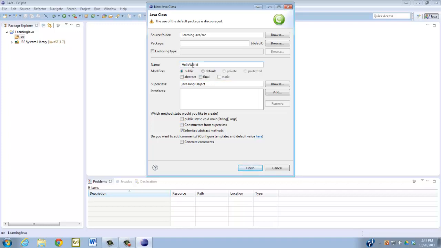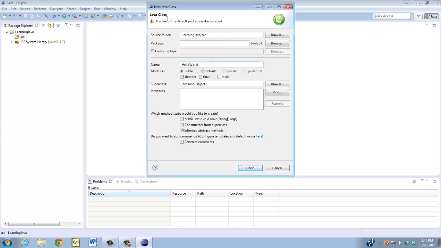Both letters should be capitalized, and there shouldn't be any spaces. This isn't a rule, but it's a convention. And so when you're out in the working world or collaborating with other people, this is how you want to do it. There are certain conventions in programming in general for how you name things, so that it's a language, and using the same syntax and same conventions in a language makes it easier for us to communicate with each other